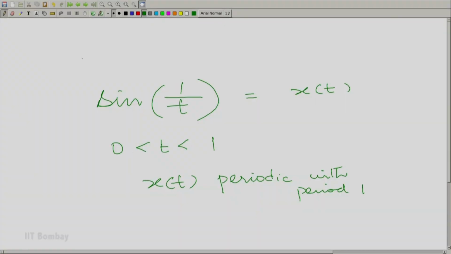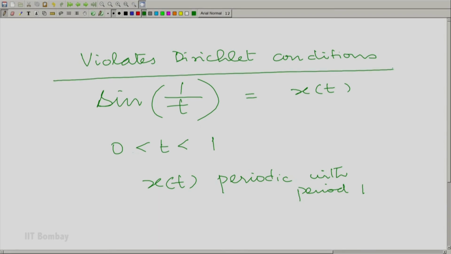Unfortunately, this waveform has an infinite number of maxima and minima in this interval of 1, and this kind of a waveform is not amenable to Fourier analysis. So, there are certain conditions under which Fourier analysis can be done, and they are called the Dirichlet conditions. So, this is said to violate what is called the Dirichlet condition. Dirichlet was also a mathematician. I shan't say too much about these conditions right now, but we should just be aware that these conditions are here. We will say more